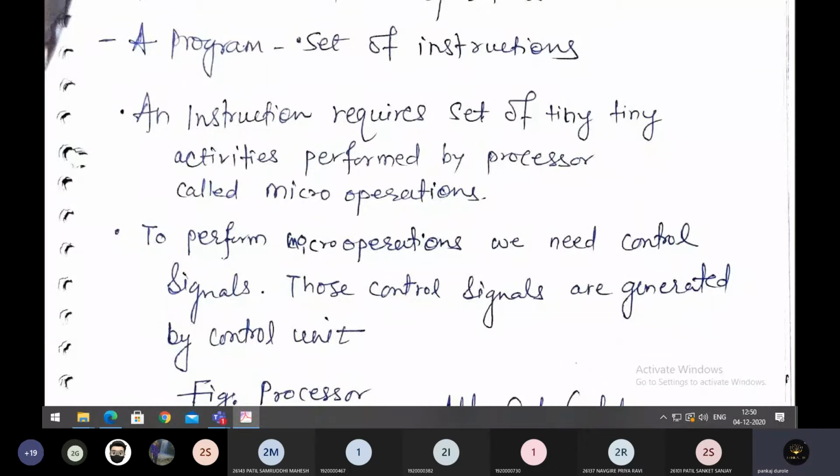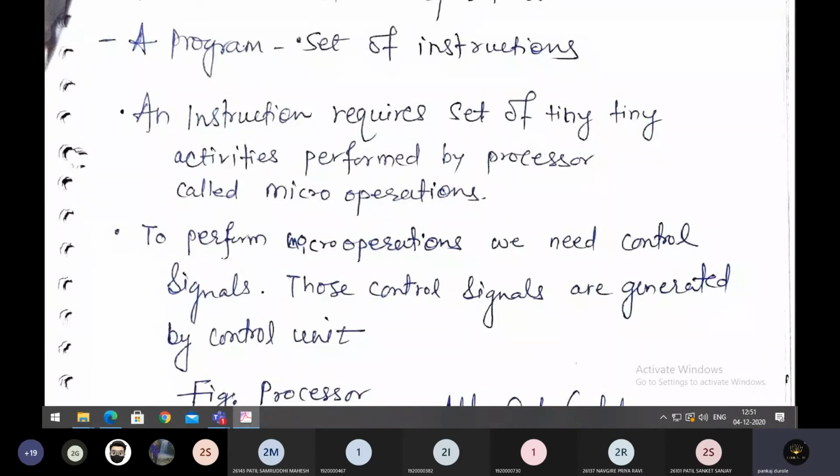Now, to perform micro operations, we need control signals, right? As I have told you, to use your mobile phone, you need to charge it, maybe twice or maybe once a day. Why? Because if you want your device to run, it should be charged. In a similar fashion, if you want the instruction, the program, the software to be executed, you expect that your micro operations should be executed.